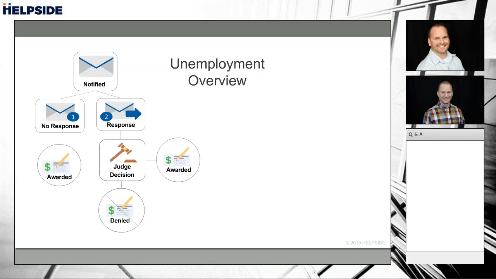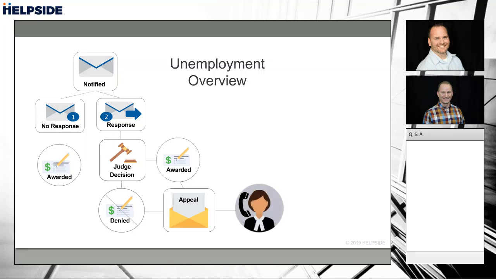Seems pretty simple so far, but this is where it gets a little tricky, because not everybody likes the decisions that the judges make. So there's one more step in this. If either party does not like the decision, either party can appeal. So if the employee is not awarded, they can appeal and say, no, I believe I deserve it because of X, Y, and Z. Or the employer may say, no, we have sufficient documentation to prove we're not wanting to give them unemployment. When that happens, you get on the phone with the administrative law judge, and you do an unemployment hearing.